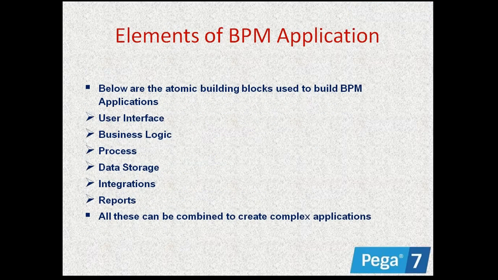And some other elements of a BPM application. See, what are the things required internally? See, when you open the Pega tool, what are the building blocks used for? If you want to develop any application, what is required is a user interface, some business logic we have to develop, and some process. Process here is nothing but workflow diagrams. In Pega, process is nothing but how the flow happens within the application. Everything will be designed under the process.